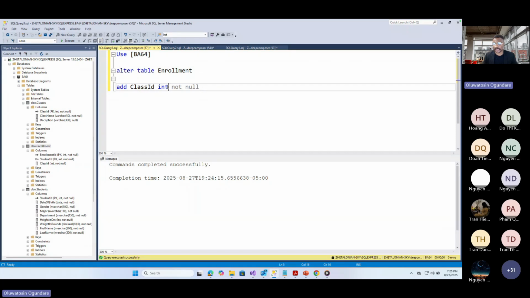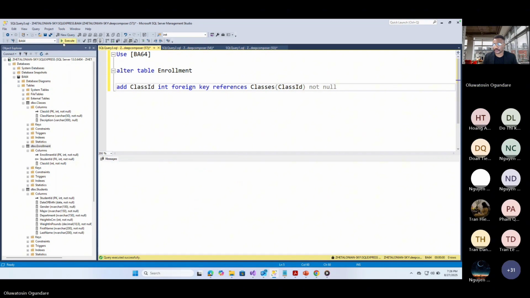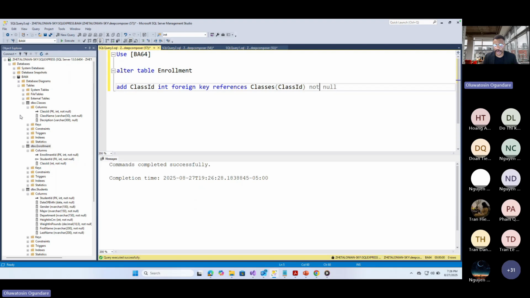And now we can have the same thing that we did before, foreign key, and it references classes. I believe that's the name of the table, and class ID. Okay, so let's do that. And now let's refresh